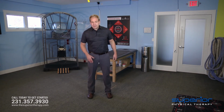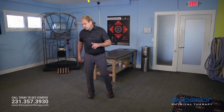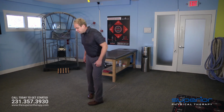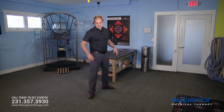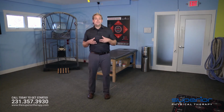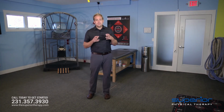And then finally, the third motion is getting the hip to rotate. You're going to, again, keep that right foot planted on the ground. Take your left foot and you're going to rotate across the body and then rotate back. Again, keeping the right foot planted on the ground. This is going to provide a nice, easy glide in the hip joint. And if we do these every day, we will get more hip mobility, more joint space,